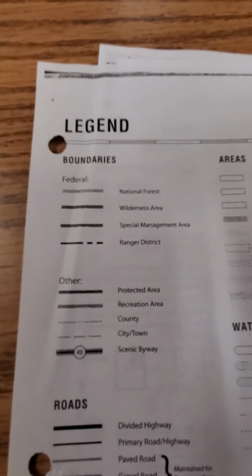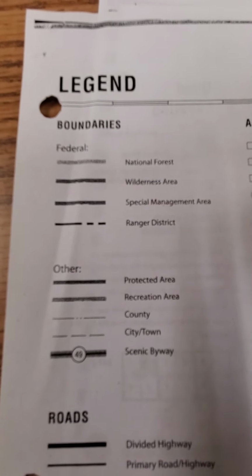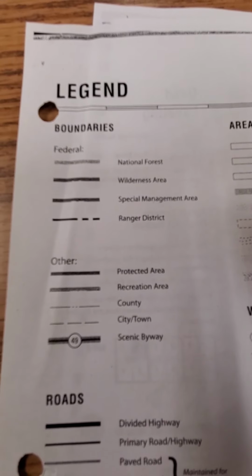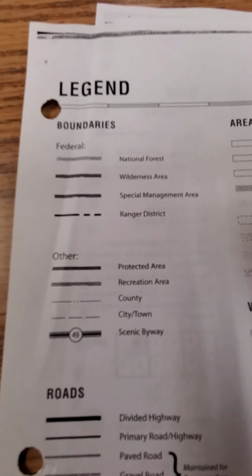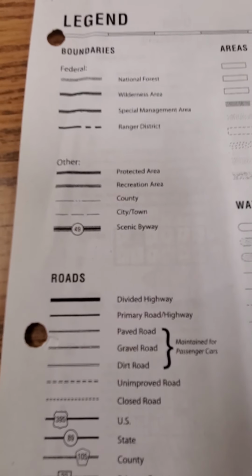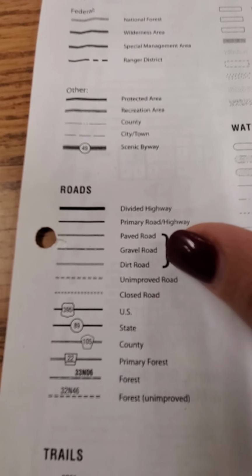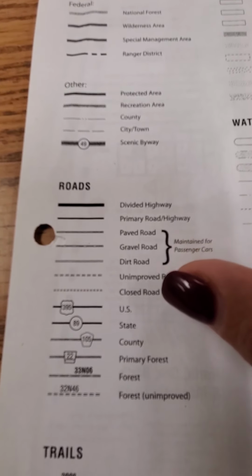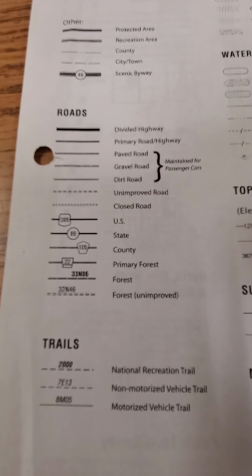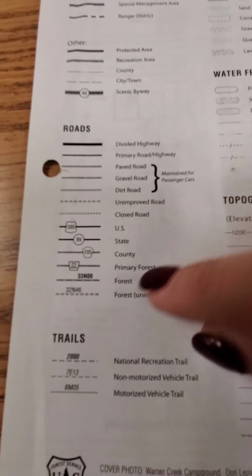So you can see here boundaries that resemble that of a national forest versus a wilderness area versus a ranger district. Other things you're really going to need to know for the sake of this map are the different types of roads. I want you to know what a dirt road versus an unimproved road versus a closed road looks like, because some of these roads, like the forest unimproved road on the bottom, you're going to see a lot of those that have the N,